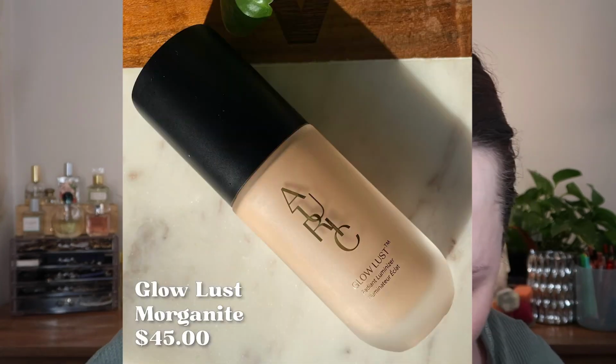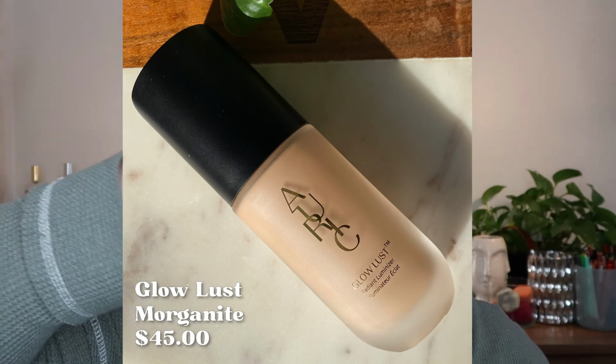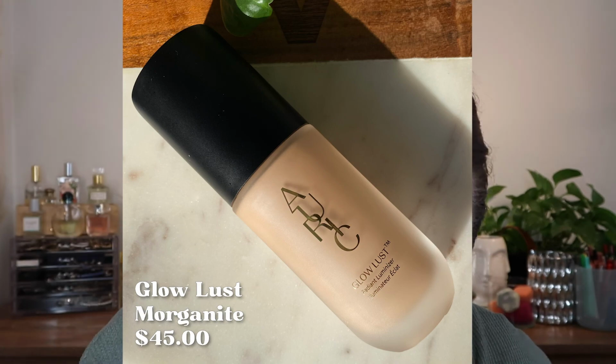Yeah, look at how much more radiance that has. Wow. Okay. What? I'm gonna take like a blank part and go down the middle of my nose since it's got kind of like a harsh line on it. Wow. Okay. So I do feel like it gave me so much glow. Now that this is drying down, you can see it is more like a satin matte on my face, whereas this is like